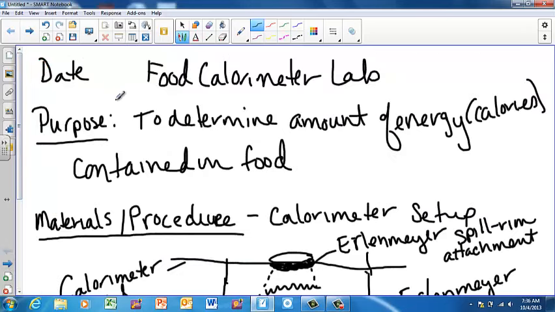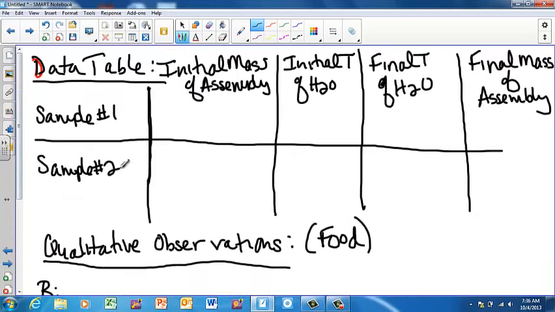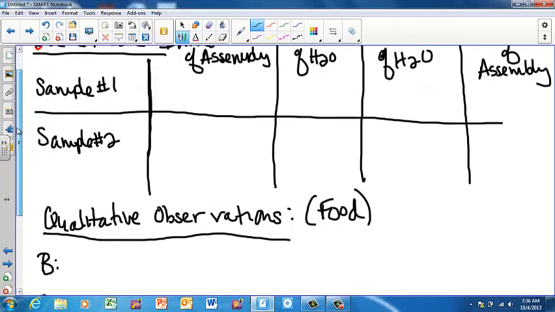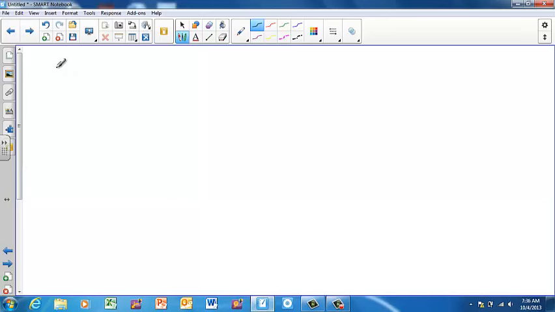Okay, I'm now going to talk you through how to do the calculations for this lab. You should have your data table set up, you should have your qualitative observations, and hopefully you have some numbers in here. Okay, so the next thing we need to do, if you think about all the pieces of our lab report,